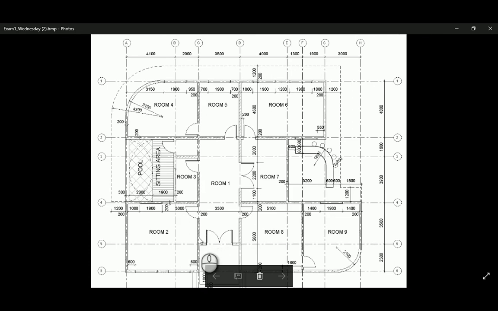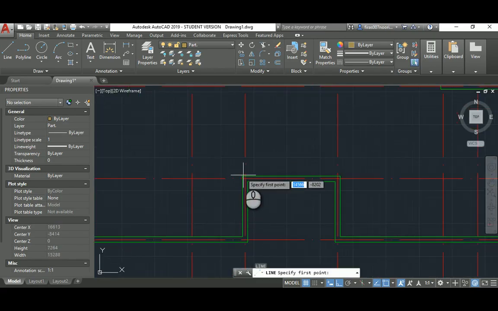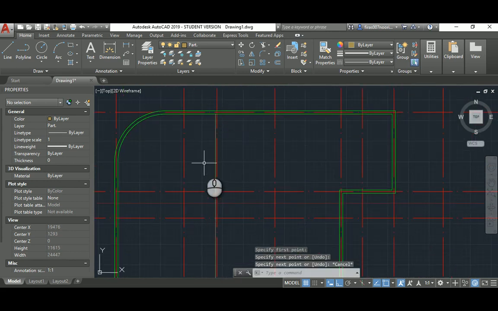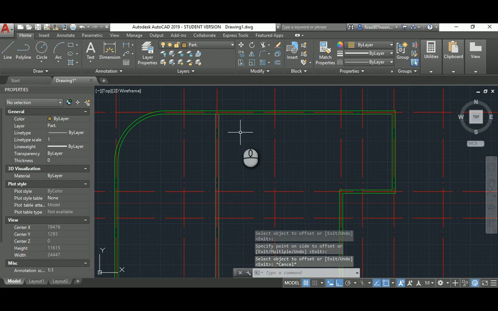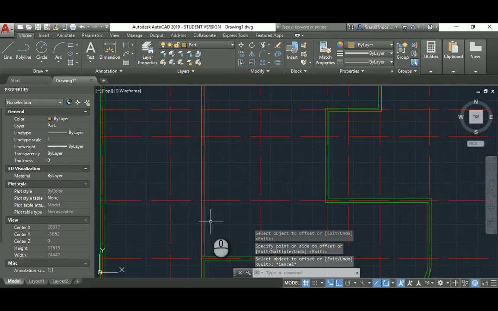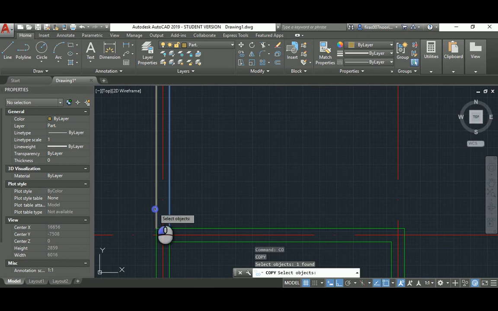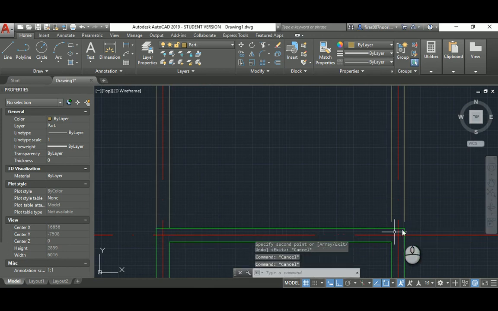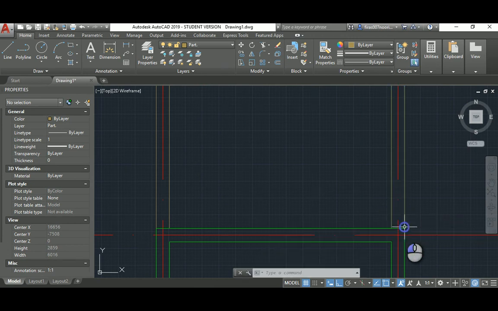So we have those two vertical lines. Again, you can take this line here, go all the way up, and I'm going to offset that to 100. I'm going to zoom in here and then copy those and move that in here. For some reason they just jumped up, so I'm just going to select them again and put them back,